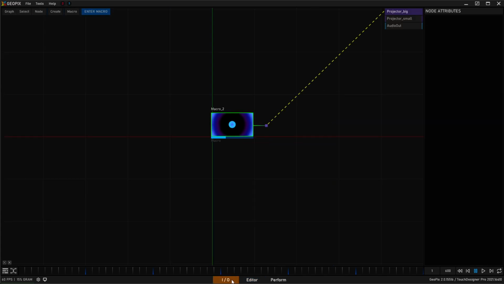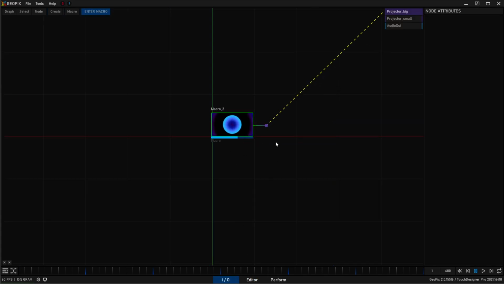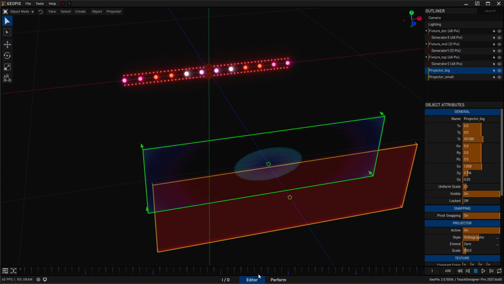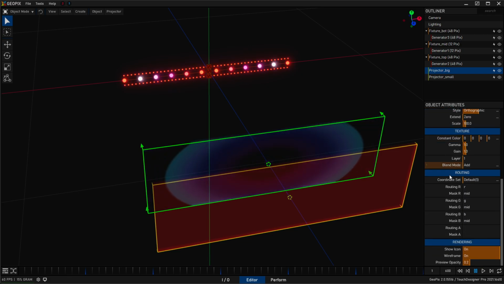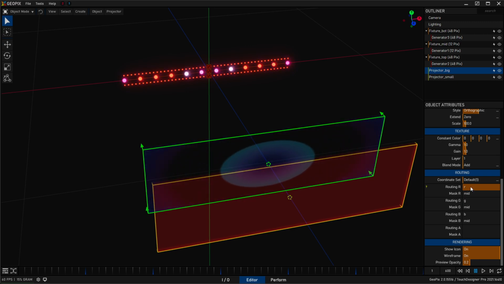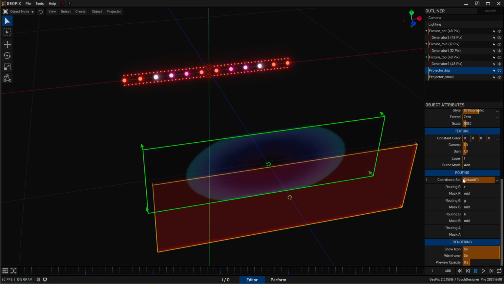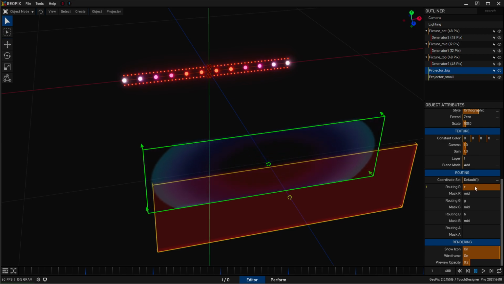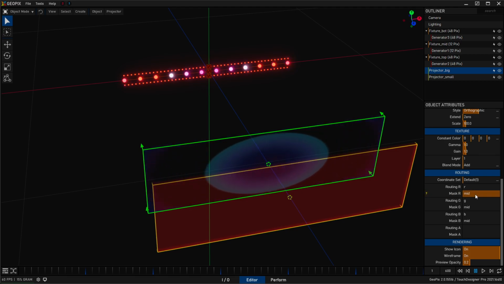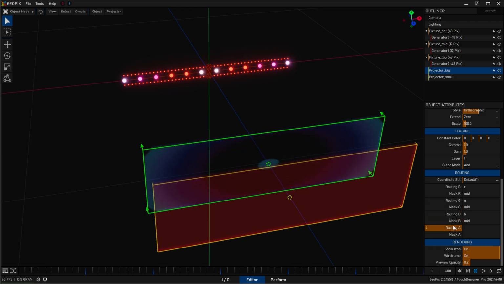So just a quick pause to explain what's going on here. Projector is receiving its content from the I/O, and that's getting its content. It's currently wired up from a macro, and since macro 2 is playing, it's outputting content to projector big. And in the editor, projector big, which is the one I have selected right now, is routing the red channel of our texture from macro into the R LED channel, which is the default name for all fixtures. That's what they use by default. But it's masking it to the mid group, right? The mid mask group. And the same is true for routing G, B, and A when we're not using alpha,